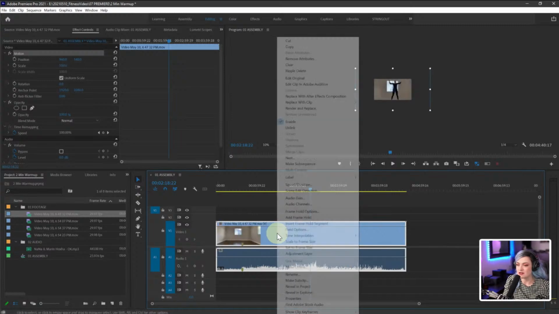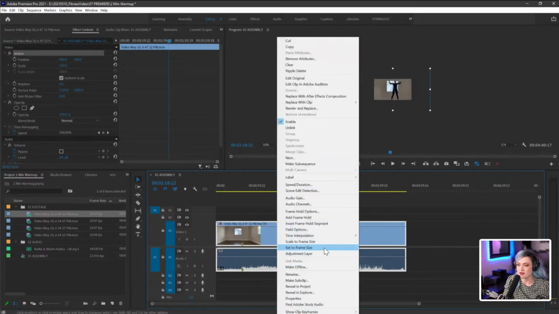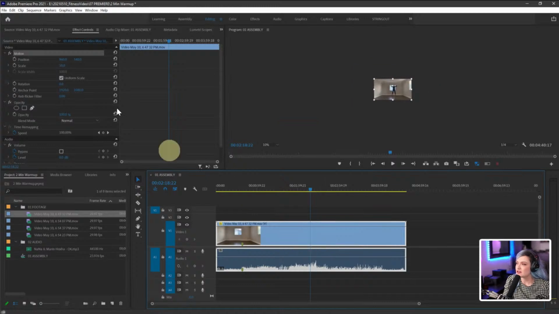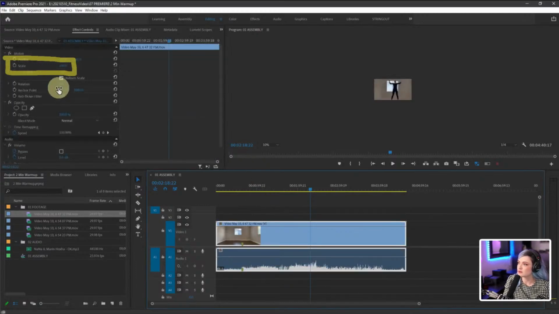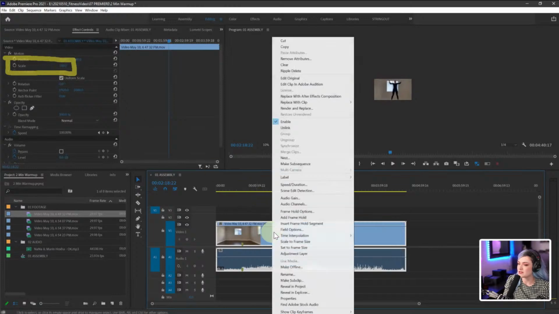So again, I right click and then go to set to frame size. And also you can see that the scale here changed. So before it was 100%. And then when I did set to frame size,